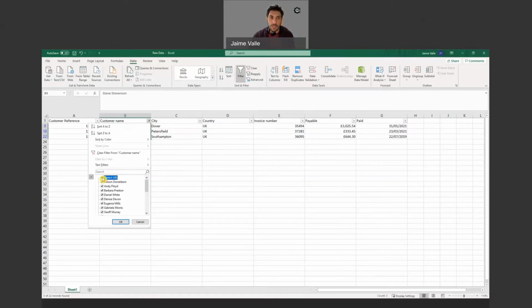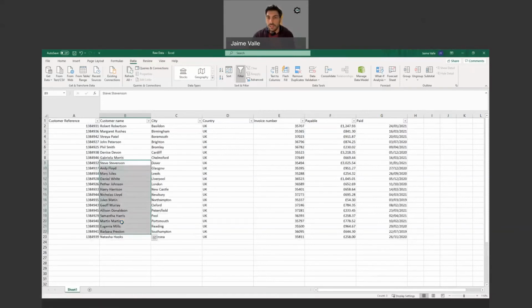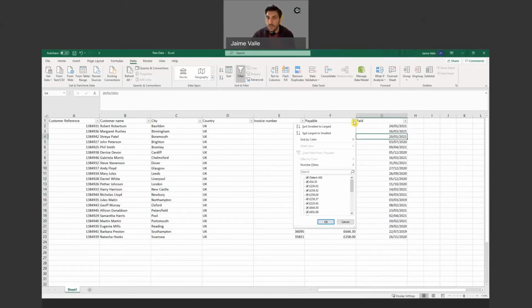Okay, I'm going to select them all and start again, this time with money, with this column, just to show you something different. I go to the heading and open the menu, and I can find more options. It says number filters, and I've got a lot of combinations.